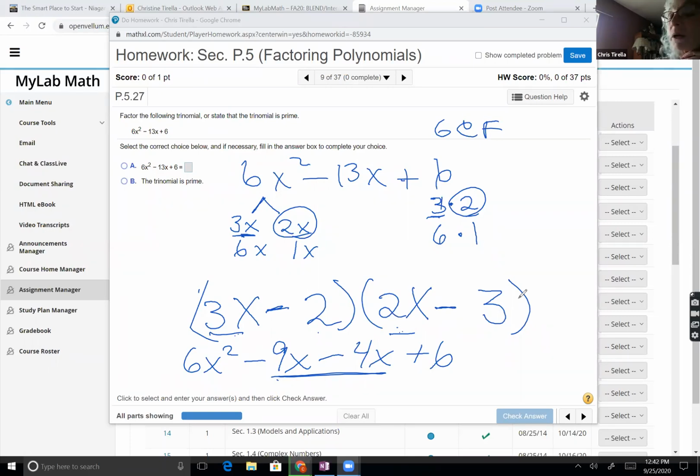With that method, you have to multiply the 6 times the 6, then factor it, then put the 6's back in, then divide the 6 out. There are so many steps that, if you like a checklist of steps, it takes you to the answer initially quicker than trial and error. But what usually happens is after about a year, people forget all the steps. But you can do it that way if you want to.